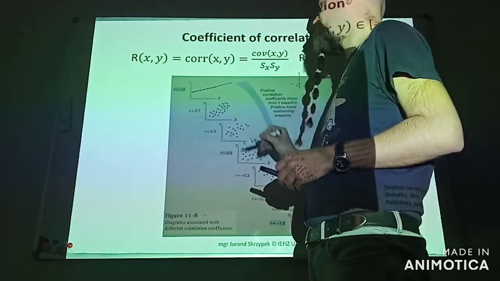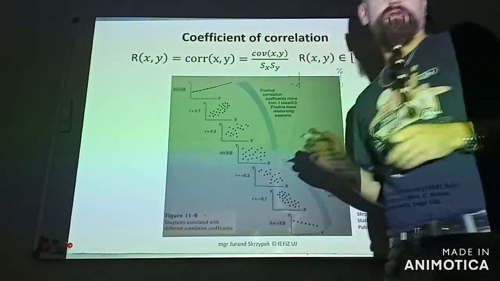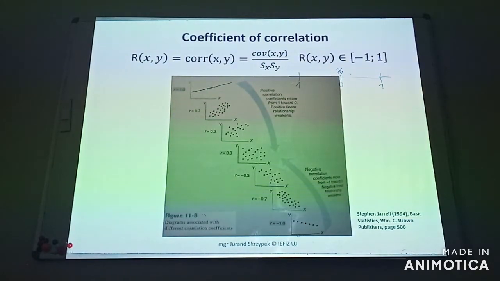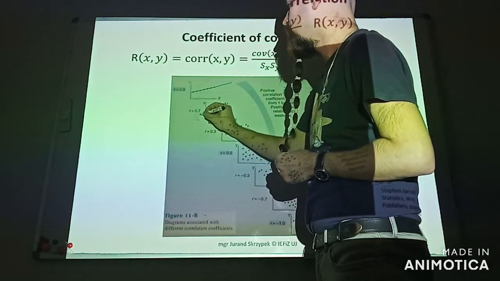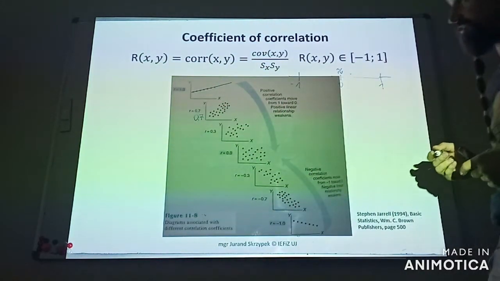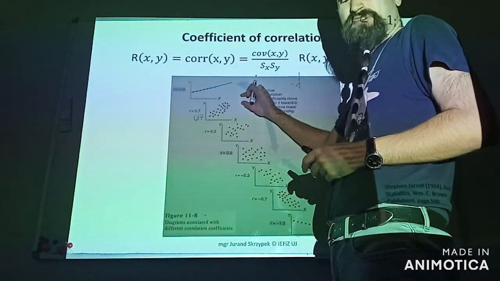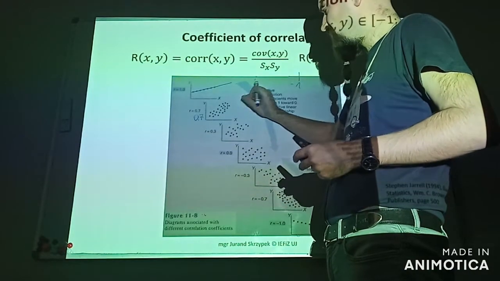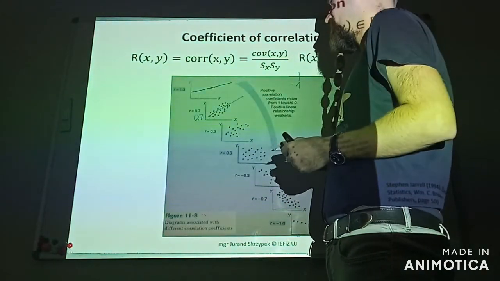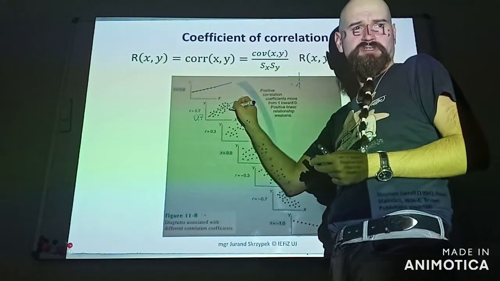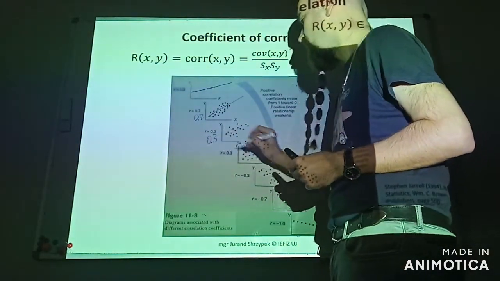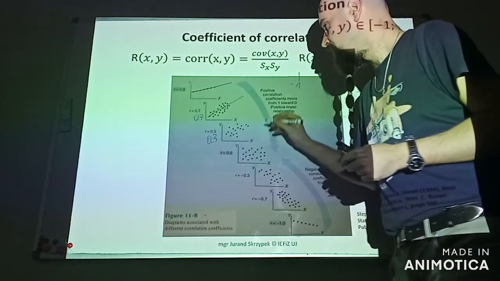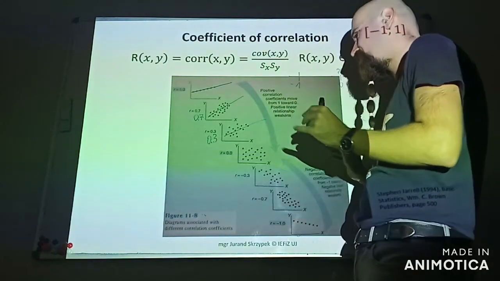And now we decrease the value of the R coefficient. Now it is equal to 0.7, and as you can see, we can perceive a general tendency here, but the linear relationship is significantly weaker. And now we have an R coefficient equal to 0.3, and we can also perceive a general trend,